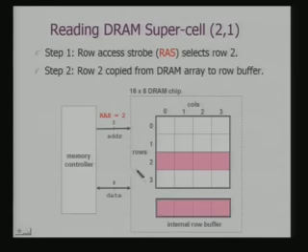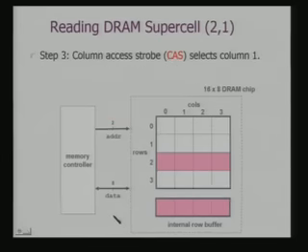Now, the interesting thing is that the row as a whole gets copied. So, in the buffer you have data about not only a single cell, but multiple cells. Now, I have to select a particular cell using the column address. So, I activate the control signal which is the column access strobe. What is to be noted is that the address bus is being multiplexed between row address and column address.